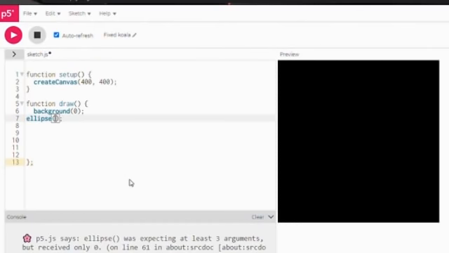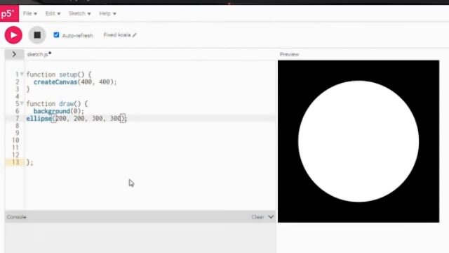Between our parentheses, we're going to type in the x and y value, the length, width, whatever you guys say. So I'm going to type in 200, comma, space 200, and 300, comma, space 300. Okay, perfect, like I wanted. Now, I forgot to tell you guys that we are going to be making a figure of a bear's face. So, the next thing we're going to do is write ellipse again,